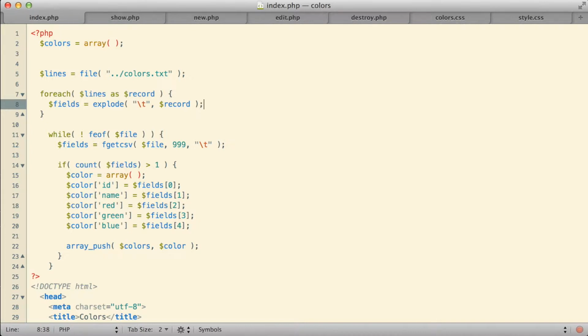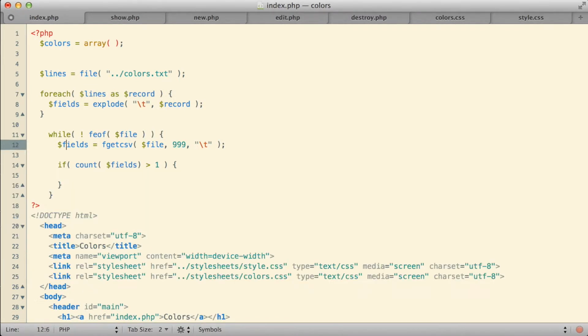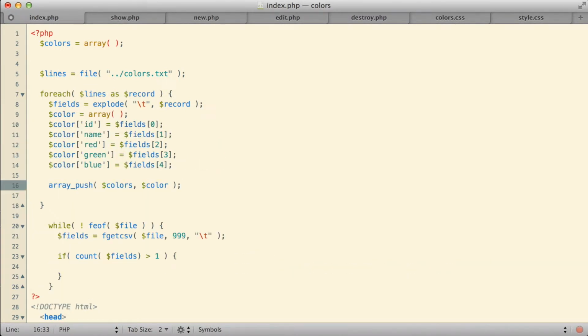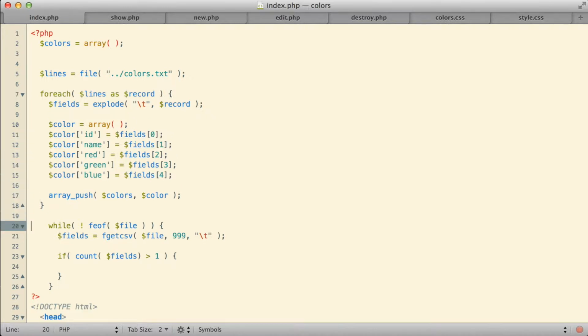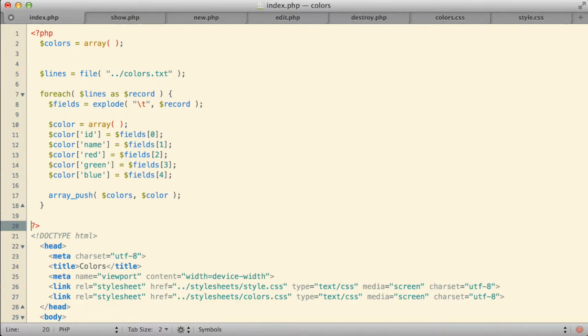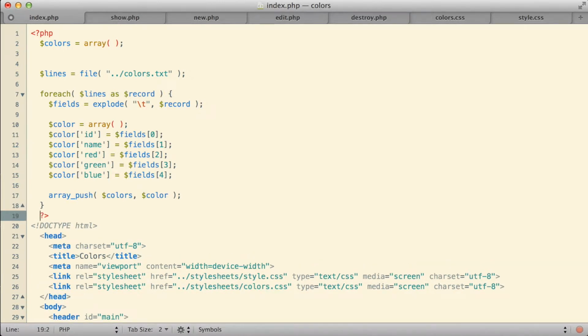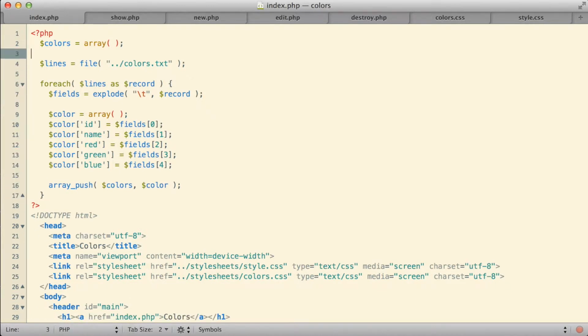Once I have that line exploded, I'm very much back in a position like I was inside this while loop the way I was doing this previously. What I could do now is essentially do the same conversion from a numeric array into an associative array that I was doing previously. I'll just move that code from my old while loop up here to my foreach loop, and I'll go back and clean up the rest of that while loop that's left over when I'm done. So I've converted the code from one way of reading data from the file to a new way. I can't really say that one way is necessarily better than the other. It's very much a preference, but I think that this way just looks a lot cleaner.